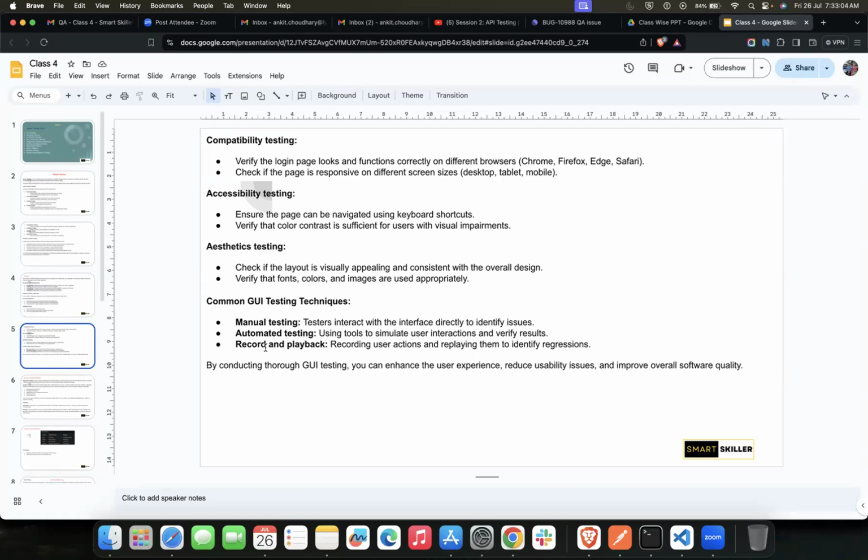Second, automated testing. Automated testing basically means that to test any particular functionality, we use some tools to verify the results. An example of automated testing is load testing. What do we mean by load testing? Whenever you develop software, there is a certain amount of load that it can bear.